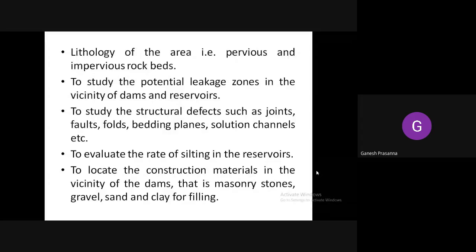This shows the rate of excessive usage, that is, over-exploitation of groundwater, and also the inefficient methods of recharging it. So groundwater is not being recharged, but exploitation is on a very huge scale. That's why there is a deficit in the recharge systems of the groundwater.